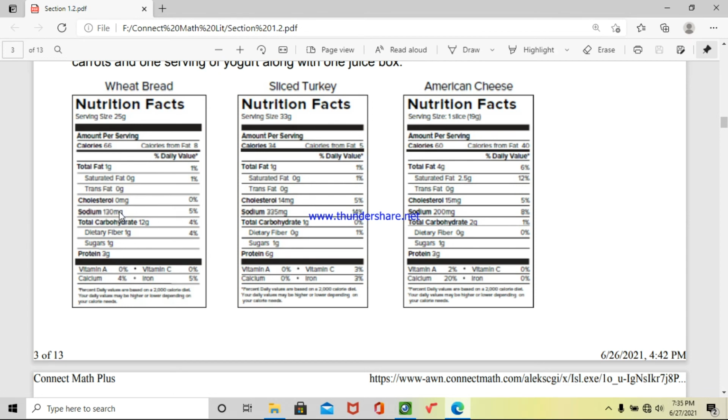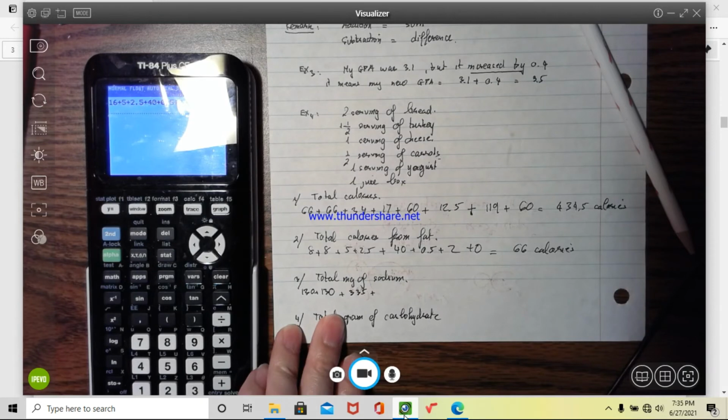So we have 130 for 1 serving, so we have 130 plus 130, right? And we have 335. 335 plus 335, right? 335 sodium, right? Milligram of sodium. So we're gonna have 335, and because